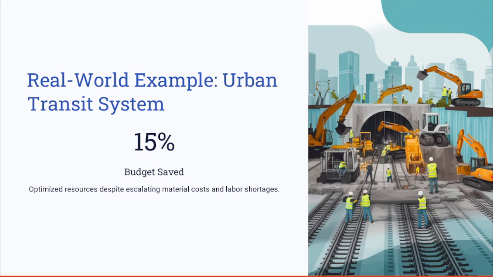And how to overcome this challenge? The project team addressed it by renegotiating long-term supplier contracts to lock the prices at a lower rate, and also reallocating the labor to high priority tasks. These corrective actions can help you in cost saving and demonstrate the importance of adaptive budget control strategies.